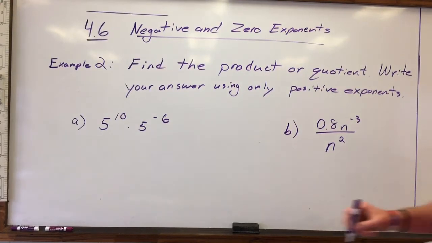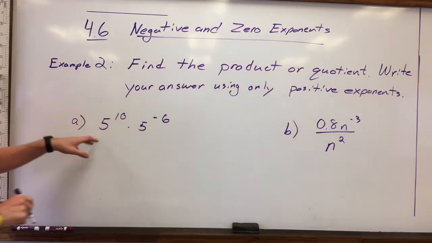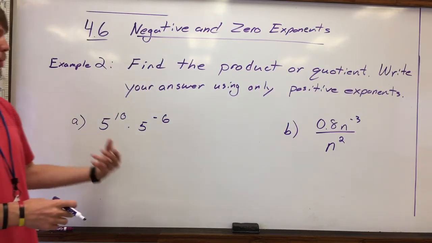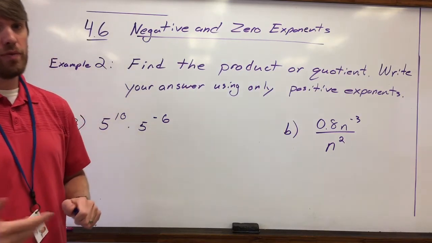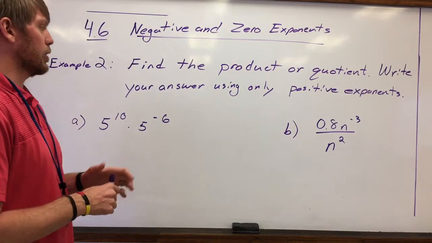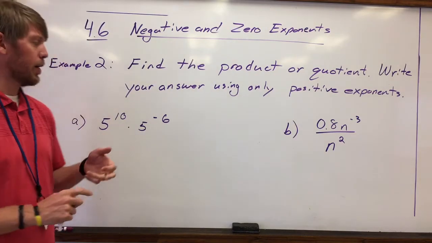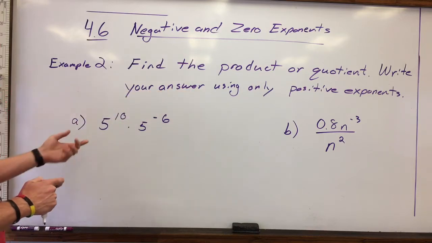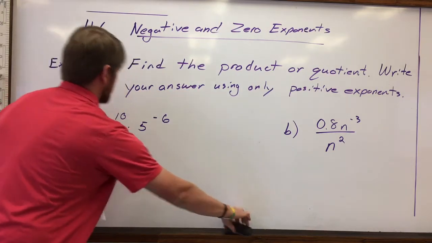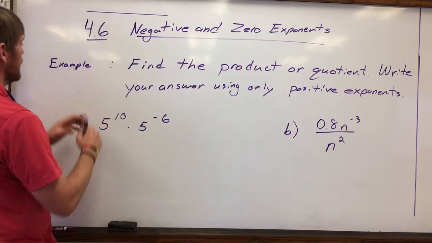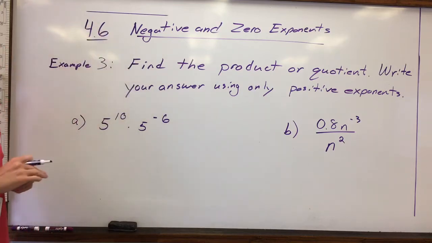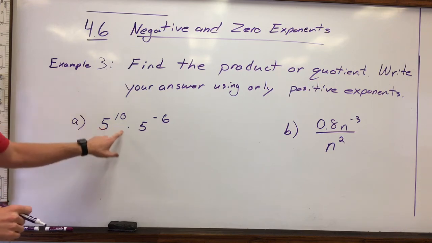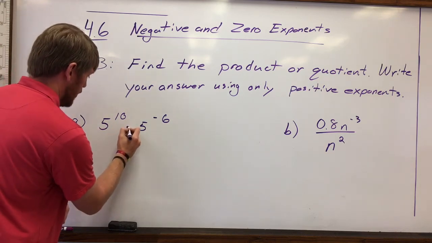Okay, and finally in example 3, the directions are changed a little bit. We're going to pull in some of what we learned in 4.5, where we learned how to evaluate products and quotients of powers, and then we want to write our answer using only positive exponents. So here, I forgot to change this again, sorry about that. There's example 3, okay. So part A says we have 5 to the 10th power times 5 to the negative